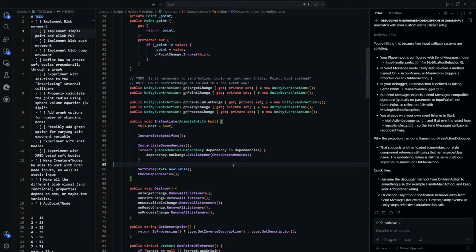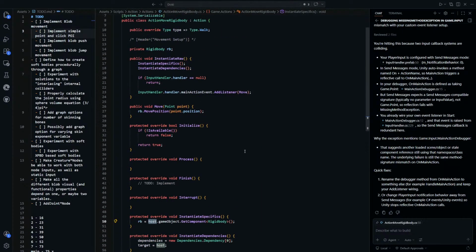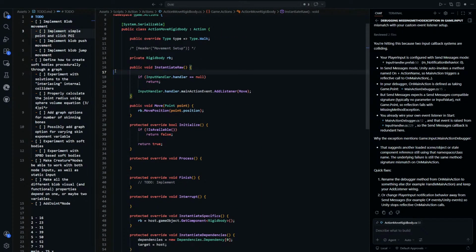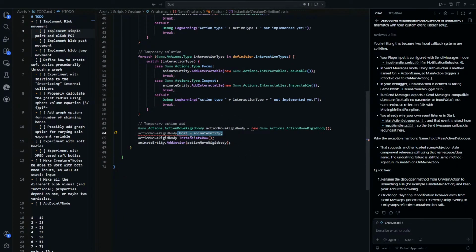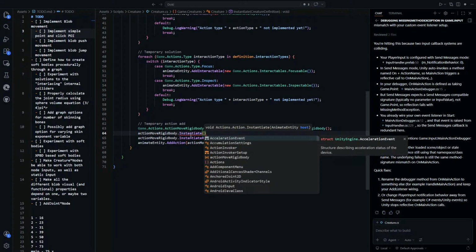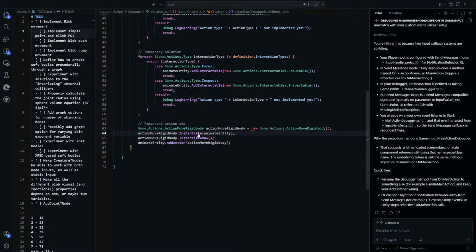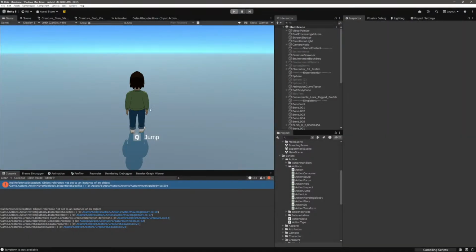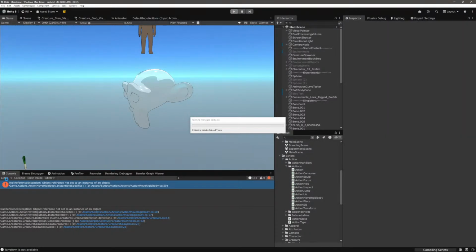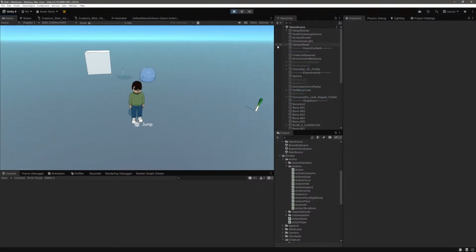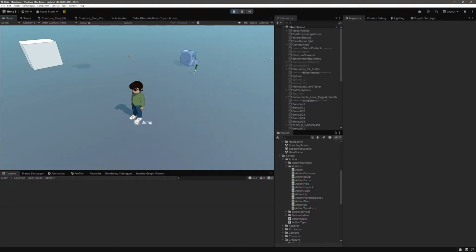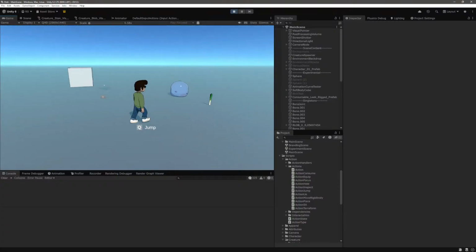Okay. Let's rely on that one then. Yeah, it works. Doesn't look too good, but